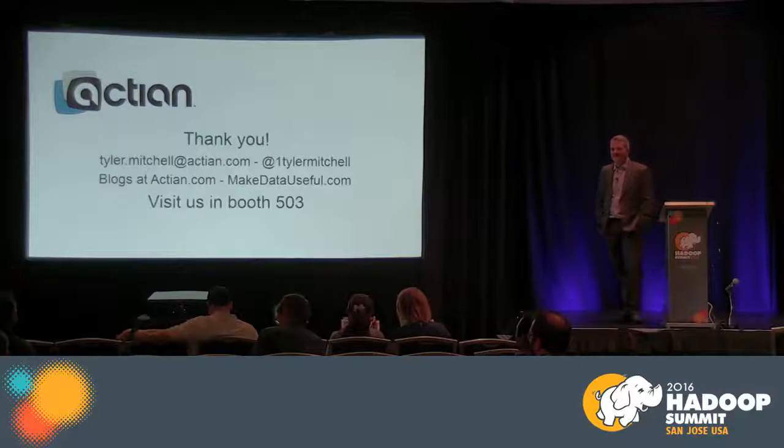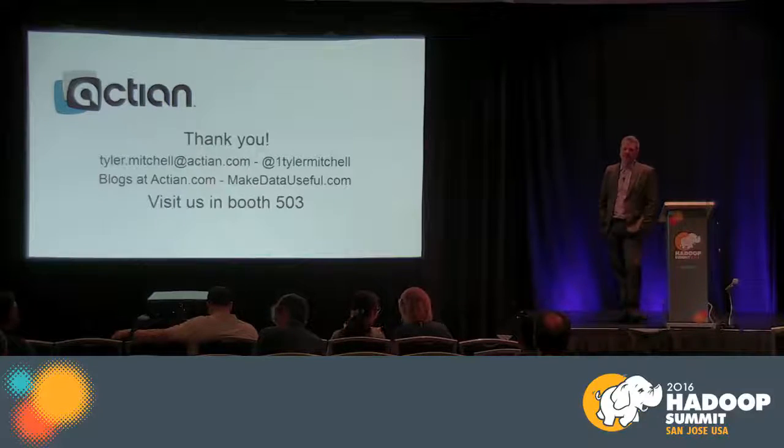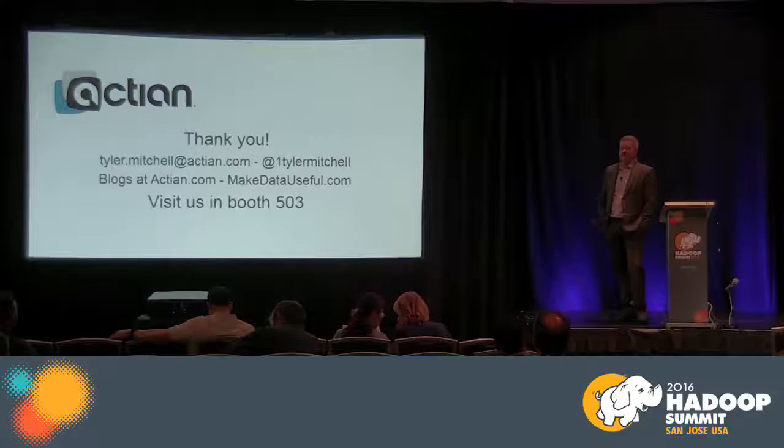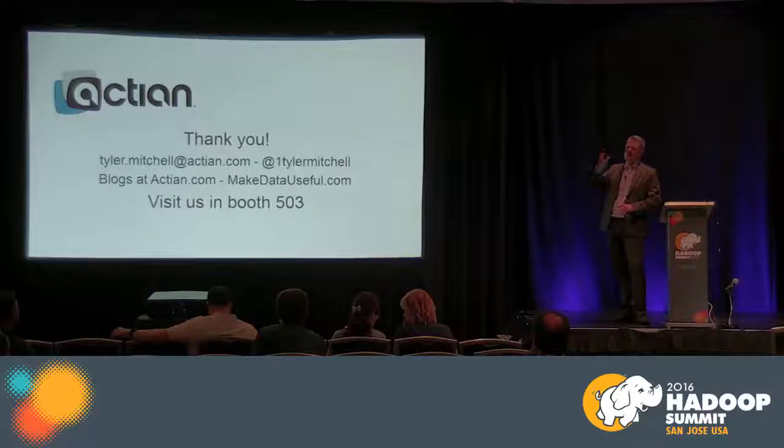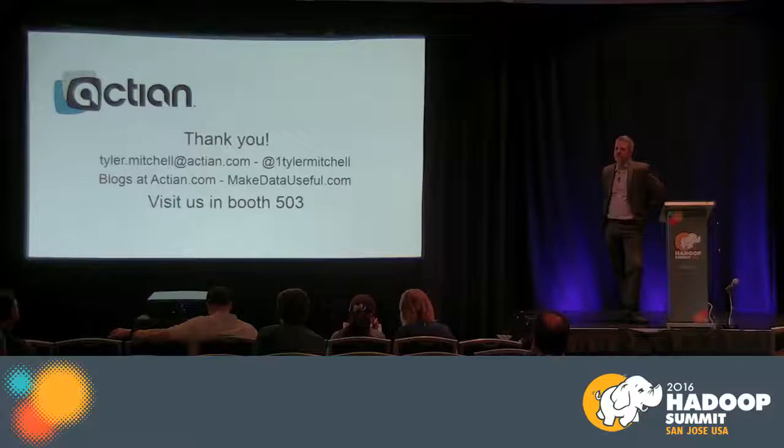Do you support any type of stored procedures within your database? No, we don't. We are coming up with some user-defined functions, and we're implementing most of that through Spark. So when you want to script stuff, we're more like: load your data, use your BI tool. But it is an issue for customers who are moving off platforms that have a whole bunch of stored procedures. We have different ways of suggesting they do it, but we don't have, well, I should back up